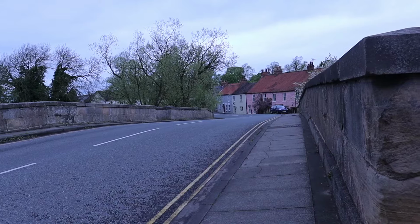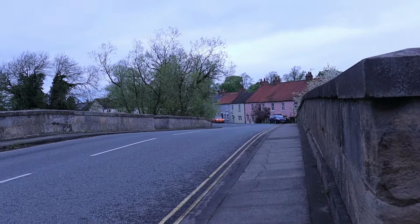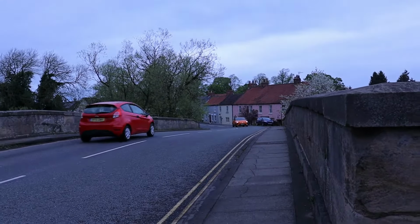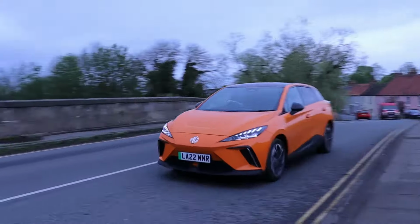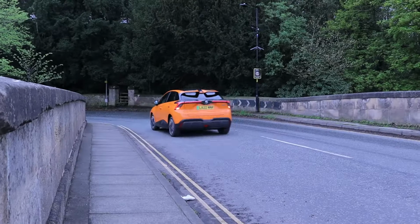And I know very few people are buying electric hatchbacks on that criteria, but at some point we're all going to have to get into electric cars. It's going to matter to people which one is most fun. And it seems like an obvious place that MG could kind of push themselves in the market. It's like, oh look, we're MG, we're a sporting...